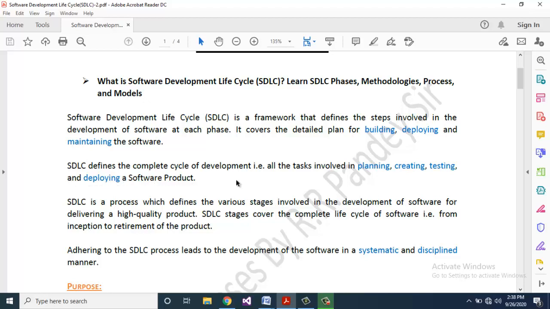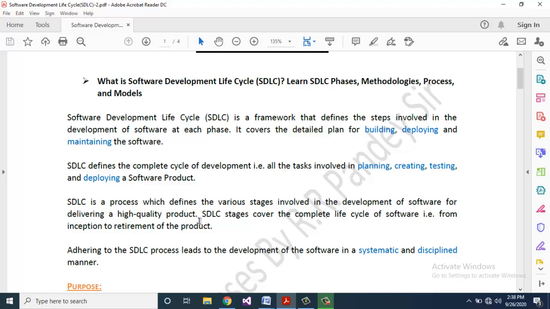SDLC is a process which defines the various stages involved in the development of software for delivering a high quality product.